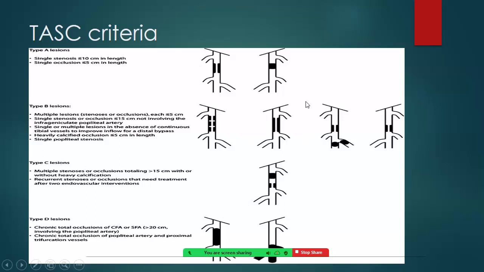Because most of the other categories are already dealt with by the cardiologists or other vascular surgeons and CVTS surgeons, and they leave only type D because they cannot do anything in that. So we are left only with the type D lesions. Most of the cases I found are type D disease only. So we must see how we can open such a large block, what the different techniques are, and how we can manage it by endovascular approach with minimum complications, keeping the patient at that stage rather than worsening the Rutherford grading or vascular grading.